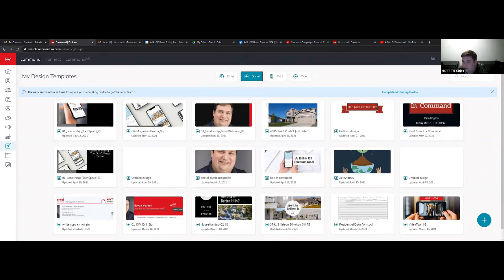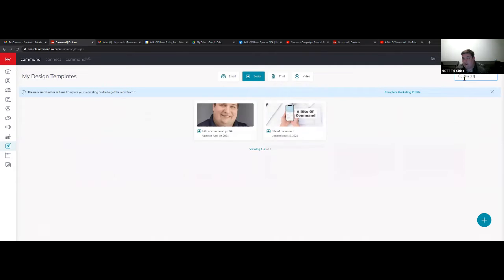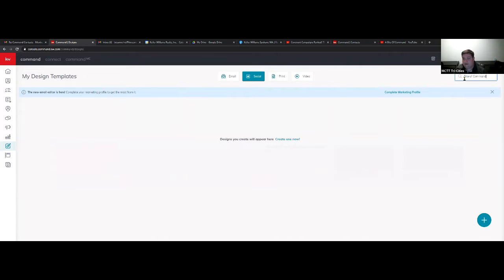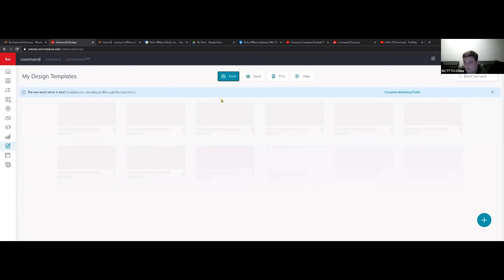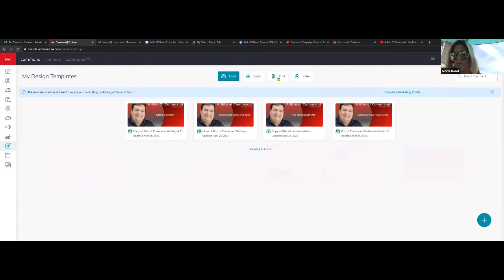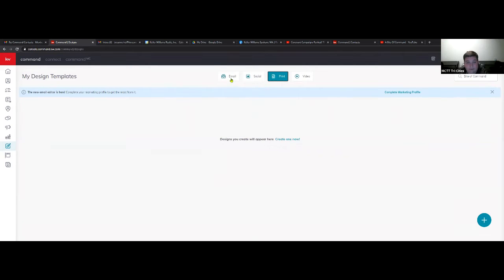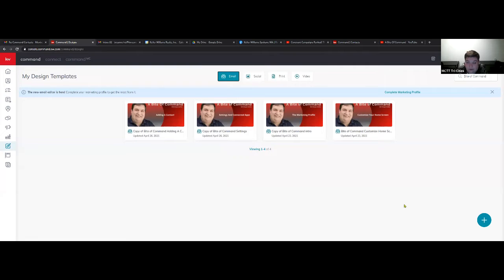But let's say you want to make another design. Oh, there's also a search bar up here, by the way, that you can search for something you've previously made. So I can type in byte of command. And it's going to show anything that has byte of command in that section in the title. I'll hop over to email. It'll show this print. There's nothing in print. So to create a new design, you just come here to this big blue or white and blue plus sign,